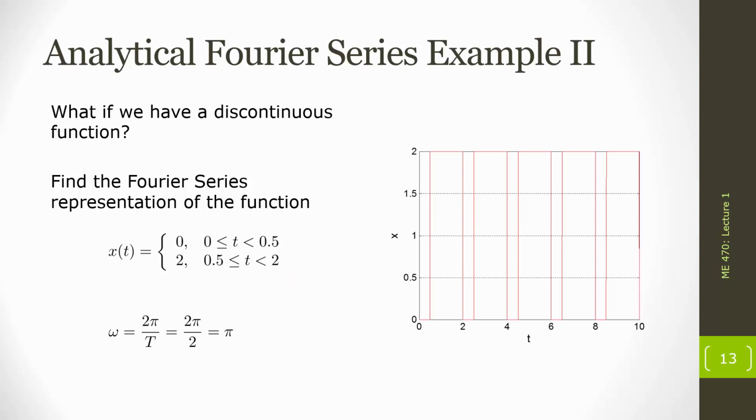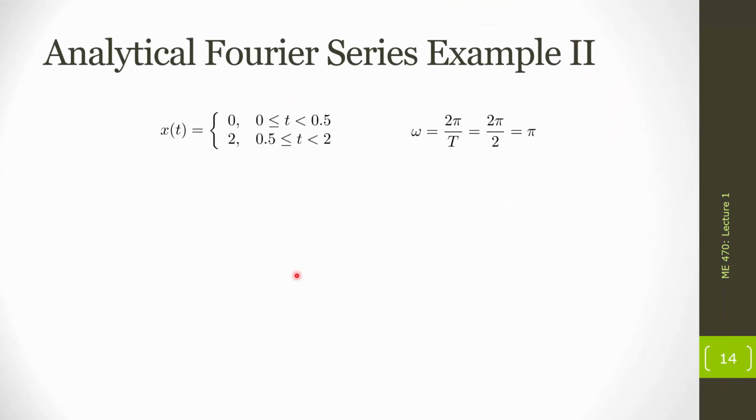So we'll start by finding our value of a naught. Again, I copied up our now piecewise definition, and we'll go to our definition of finding a naught using the period. That is unchanged, but what is different now is my value of omega is now pi, and my x of t is this piecewise function. So I can write this as, over here, 2 integrals. Remember, we can split an integral up. So I can start with saying it's the integral from 0 to 2, which is what I need to do,